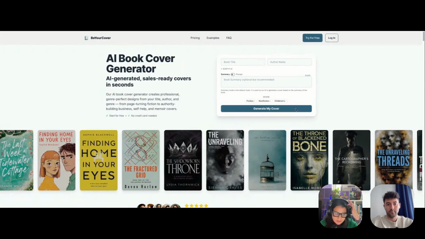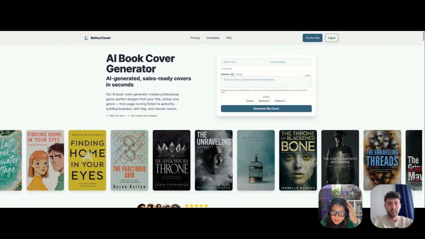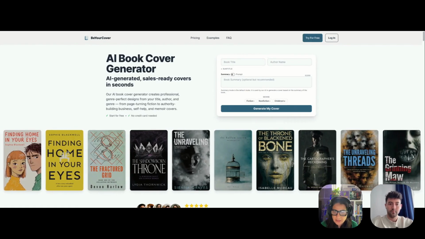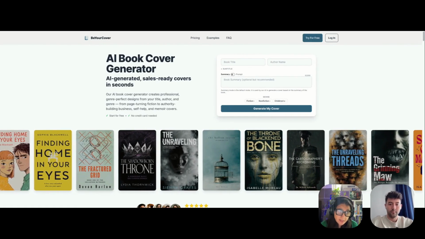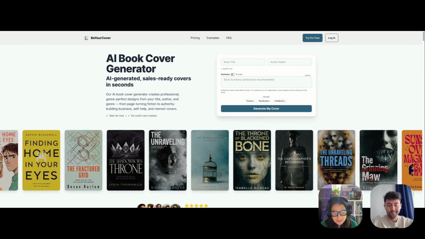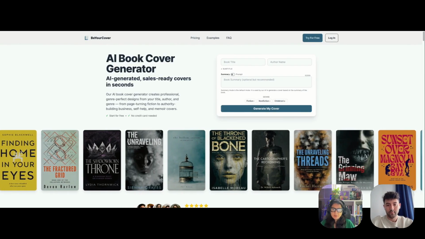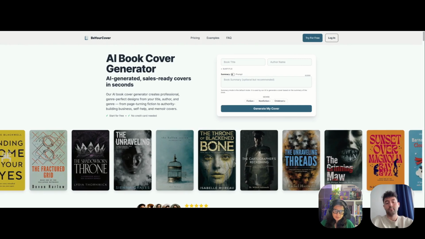So, without further ado, I'm going to go ahead and share my screen. This is basically the site for people who are going to watch the replay. As I see, this site lets you create your cover, as it says, in seconds. So, this is how it looks. But I'm going to let Pablo tell us about it and why he started it and how this platform works. So, Pablo.